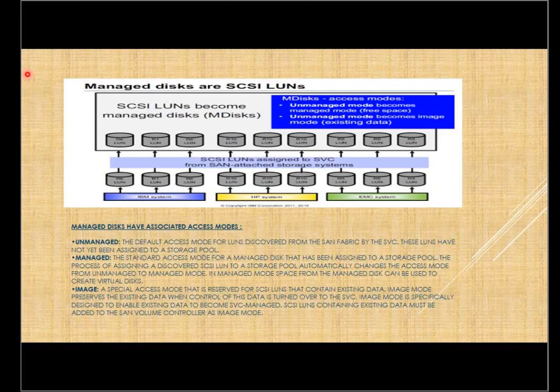Okay. There is too much to go on to just explain this in a couple of steps. But basically it doesn't format the external LUN that is being assigned to the SVC. We are not formatting it. The image mode doesn't have that. So that's the reason it is a specific kind of mode.